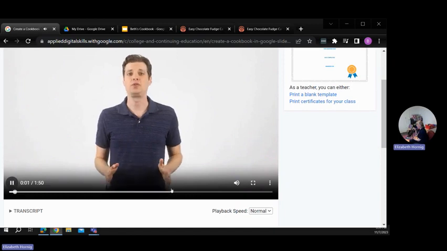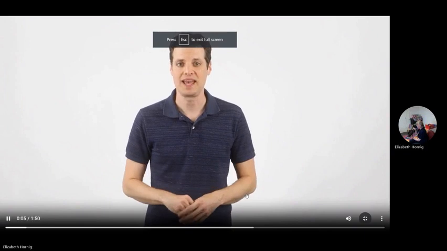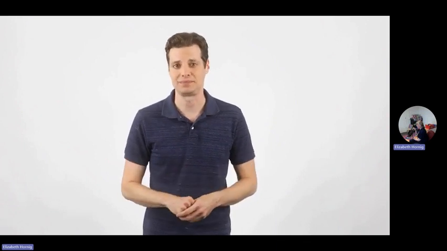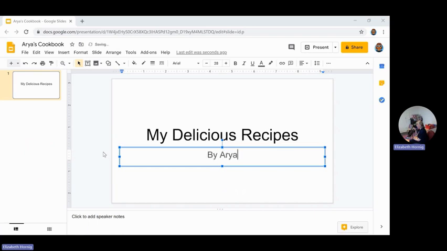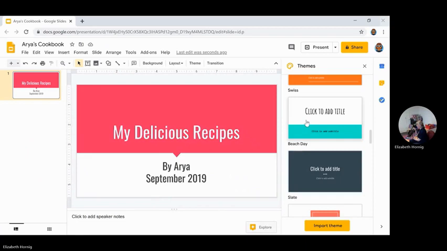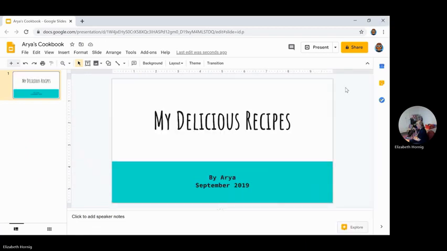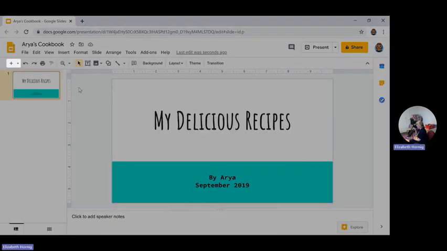In this lesson, you used Google Slides to compile and organize a digital cookbook. Having a digital cookbook makes meal planning and preparation much more efficient. And when you want to cook your favorite recipes, it's easy to find them. To organize your cookbook, you created a title slide and applied a theme, added slides to create category dividers,